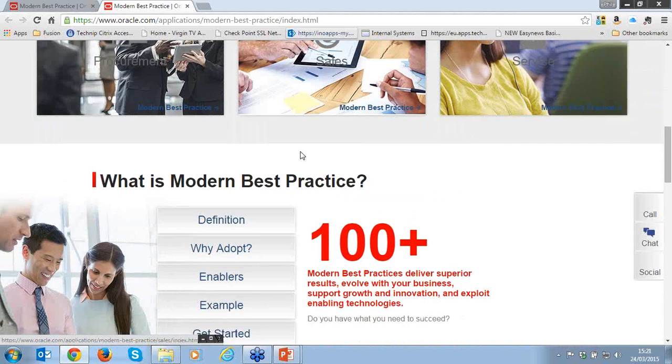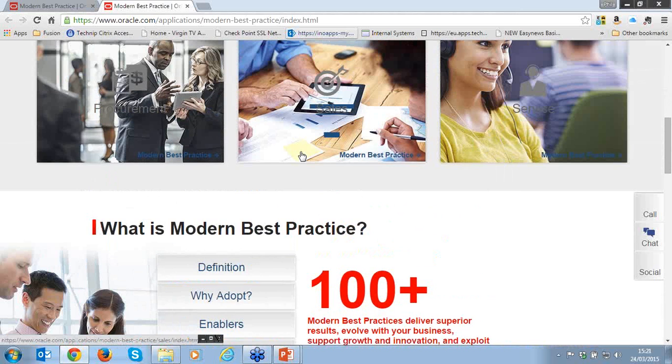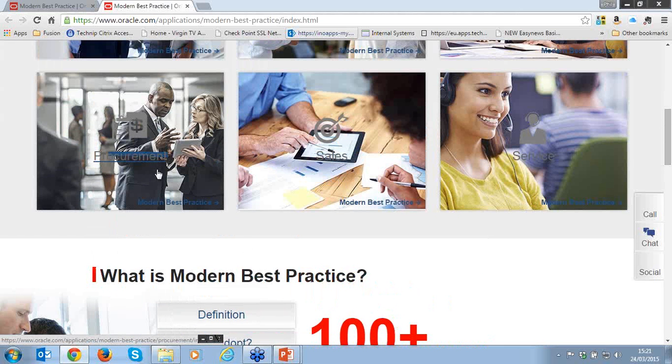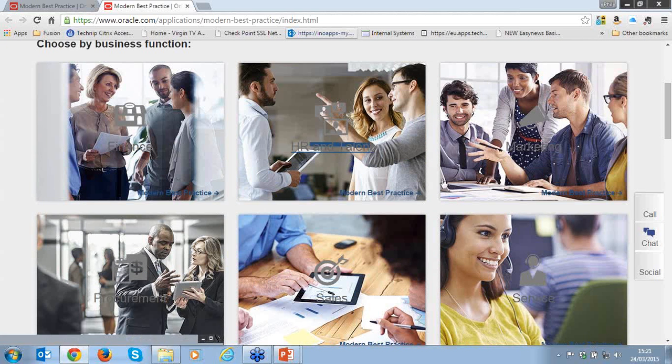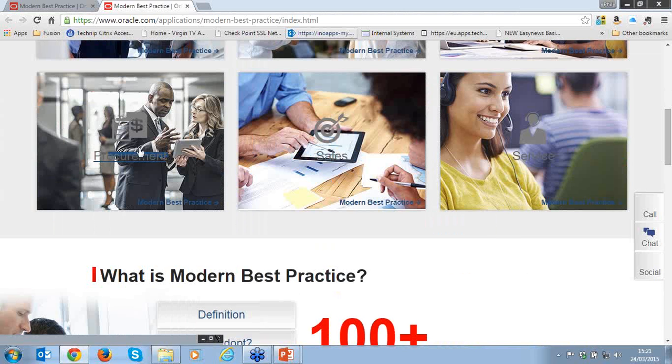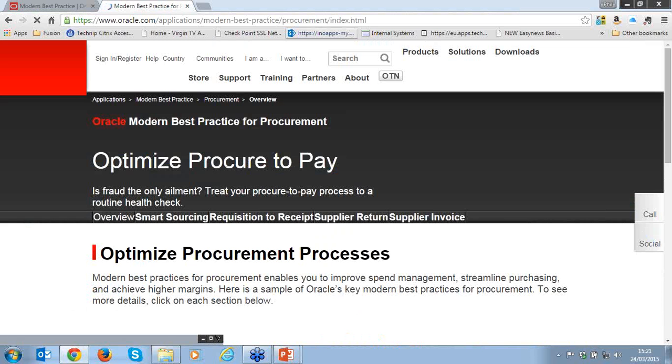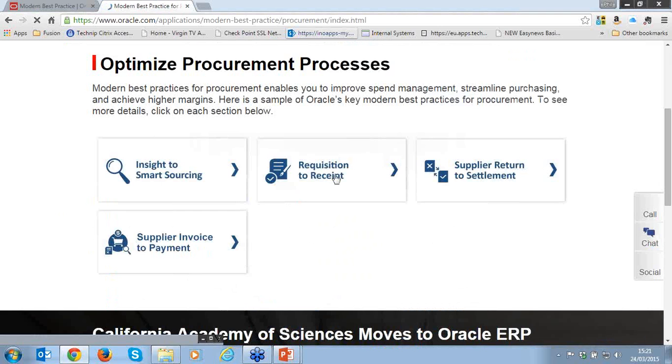Don't invest time in doing something that's already there and can be adopted. So, for example, this is very much based upon the function that you sit within the business. So when you come into this website, depending on where you sit, whether it's finance, whether it's HR and talent, whether it's marketing, or whether it's procurement, you go and look at that area and look at what the processes are that fundamentally make up that area and can be taken quite quickly and adopted in the business.